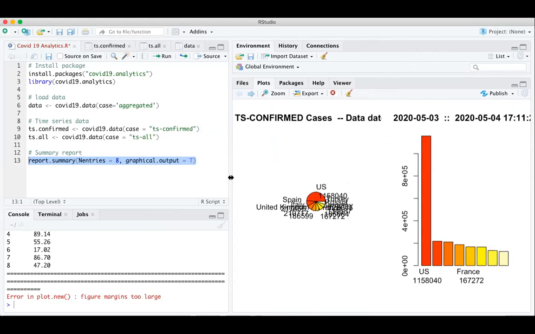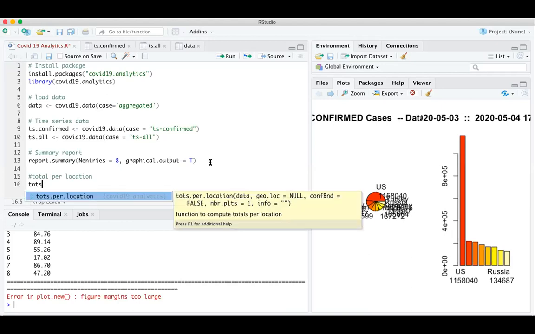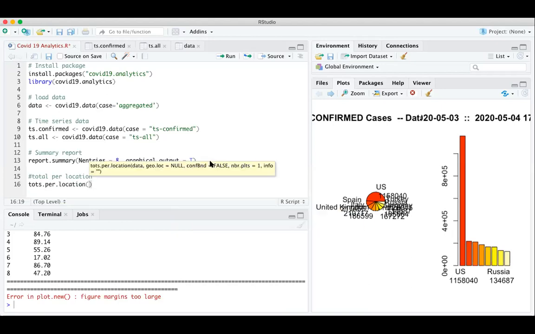Okay, so now we have seen the summary. Let's take the total per location for a country. For that, we use the top per location and TS.